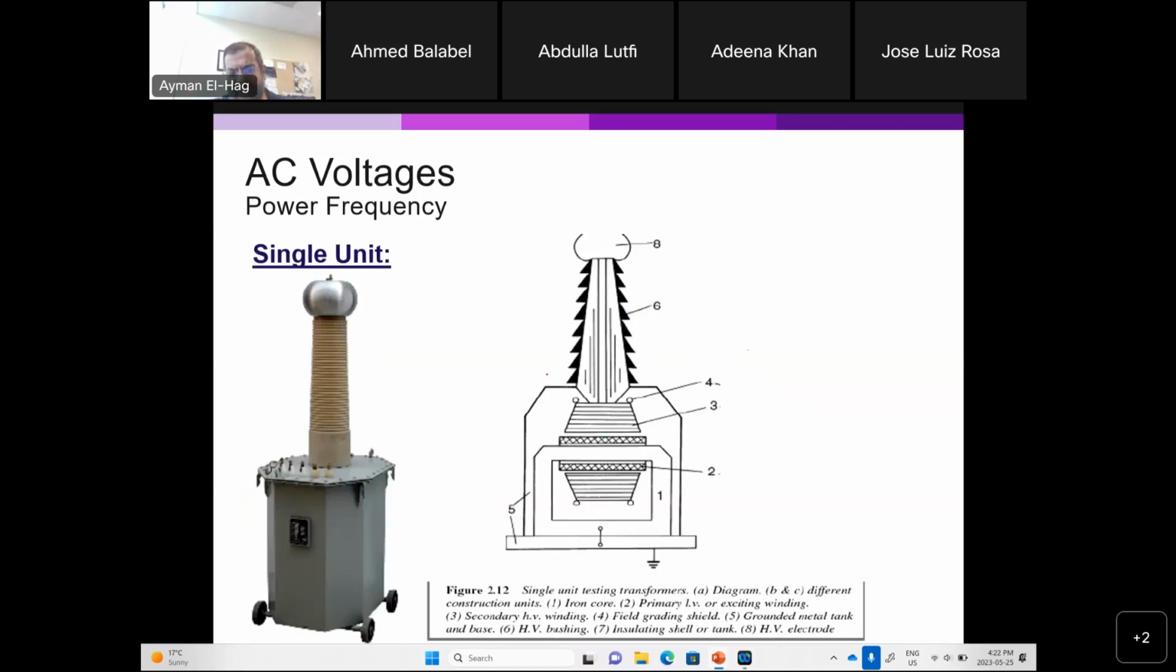The only difference is the bushing here. You can see the bushing here, and you can see here, this is the condenser. It's a condenser type of bushing to control the electrical stress inside the bushings. Okay. Now,